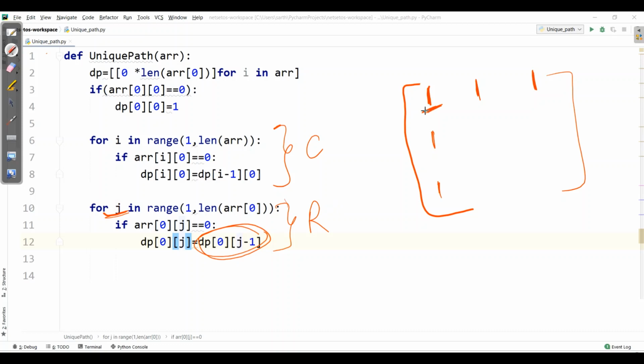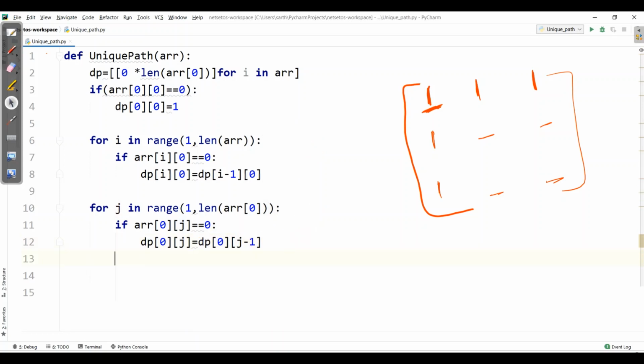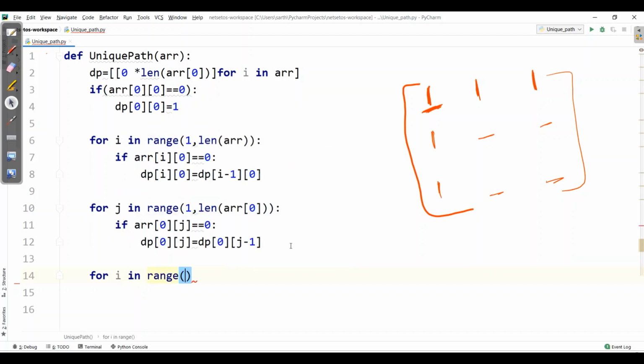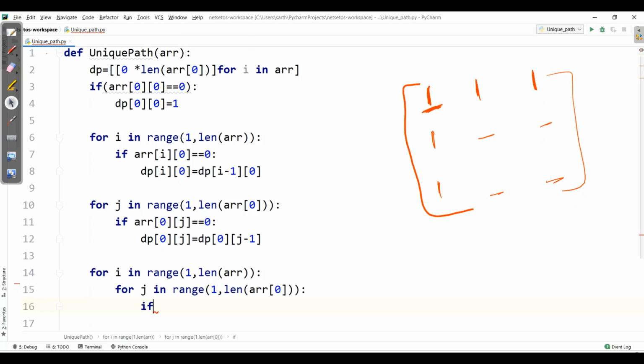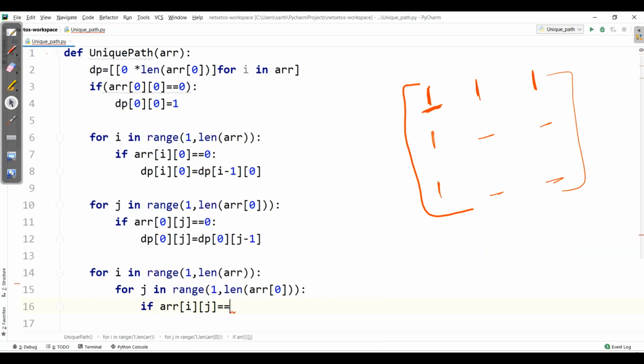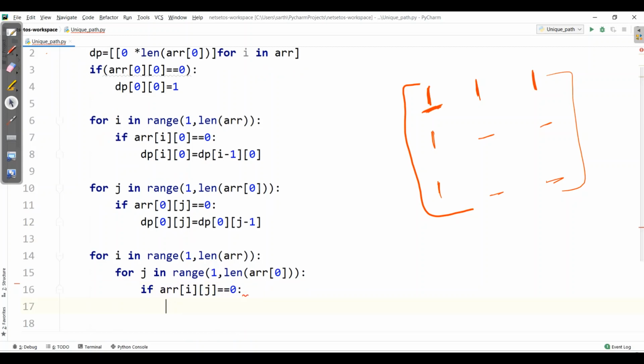Now based on these, I need to fill the inner elements of the matrix. So I'll start writing the main part of the program: for i in range 1 to len of arr, for j in range from 1 to len of arr[0]. Then I will make sure if arr[i][j] is equal to 0, then only it will proceed.